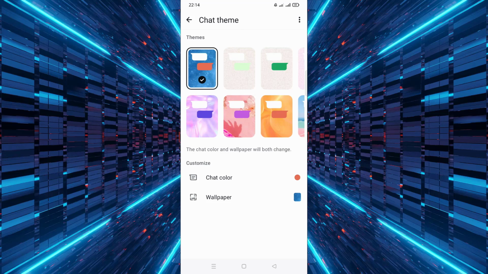This small change can make your messaging experience feel more comfortable and unique, especially if you spend a lot of